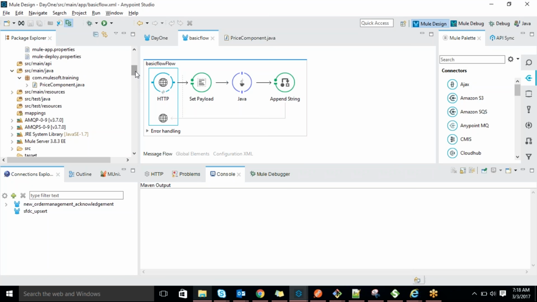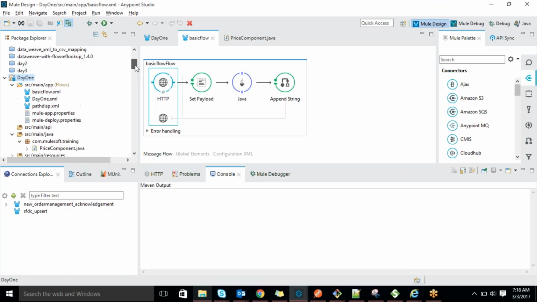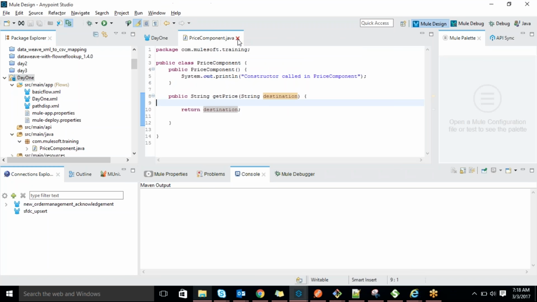Okay, if you are clear, we'll go for the next thing. Yeah, I'm clear. Okay, fine. So this is the first one, the basic flow. In the second flow,